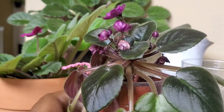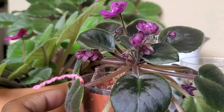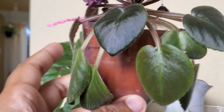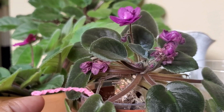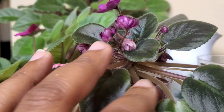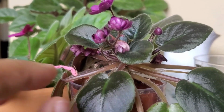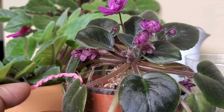It's never really been happy for me, period. She was doing some purging of her collection, and I put it into one of these little glasses from the Dollar Tree. So yeah, I'm just happy to see it bloom again, but I think at some point this will be retired from the collection, or I'm just going to cut back all of these leaves and try to propagate them to get a more compact plant, because the way that it's spreading is not really, I don't know,